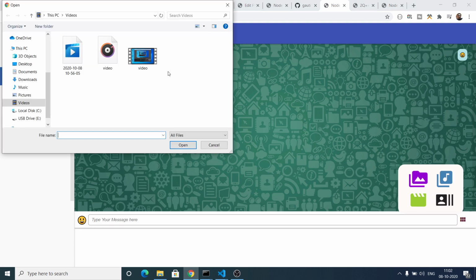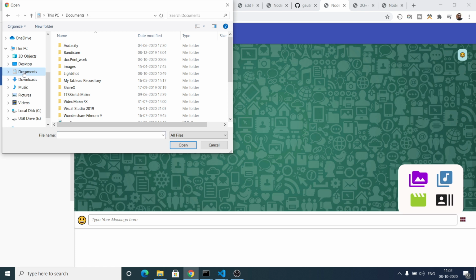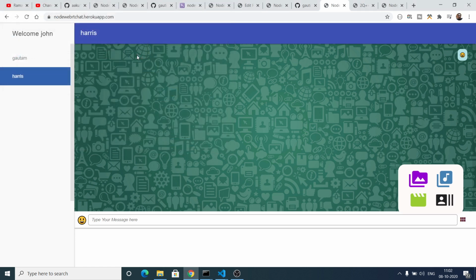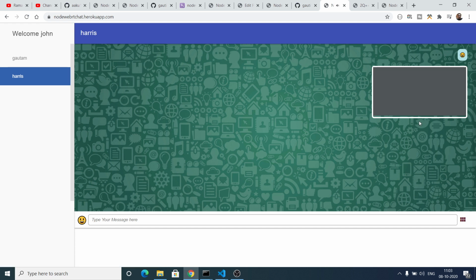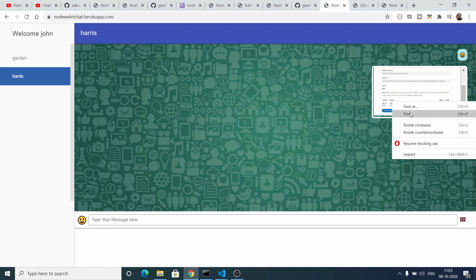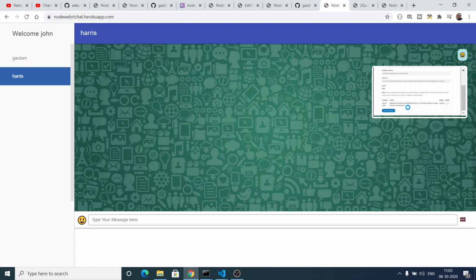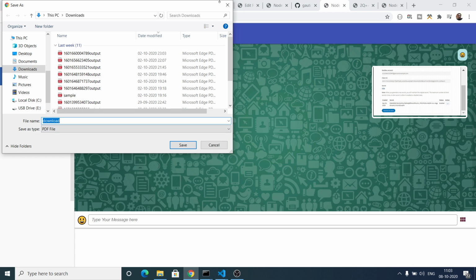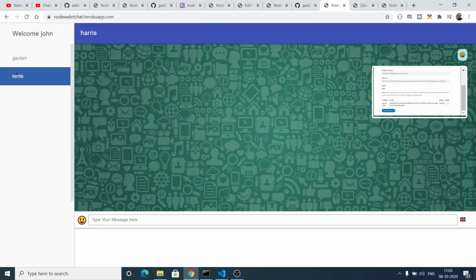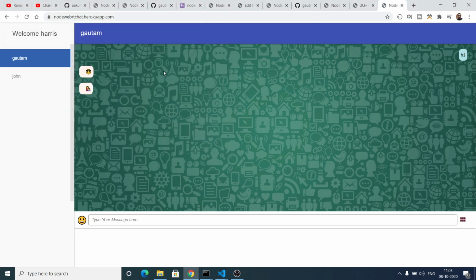And you can also send out PDF documents as well. Let me select a PDF document here. If I select this PDF document, you will see this PDF document is sent here, and you can save this PDF document as well. Right click, save as, and then you can save your PDF document. I have sent it to Harris. If I select the Harris window,